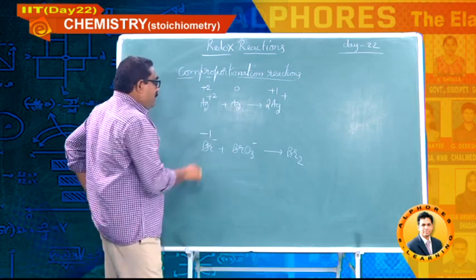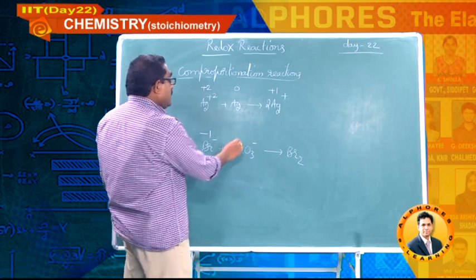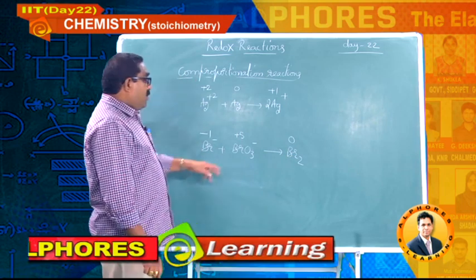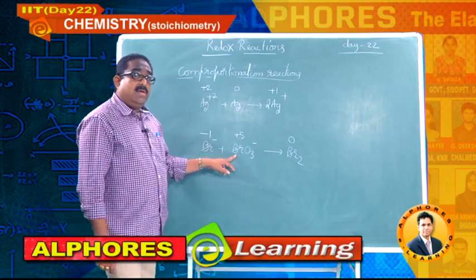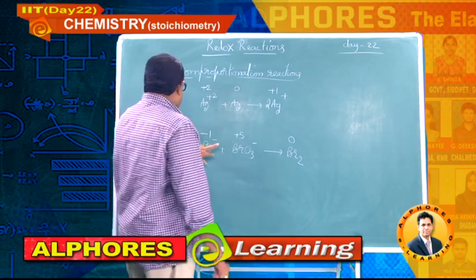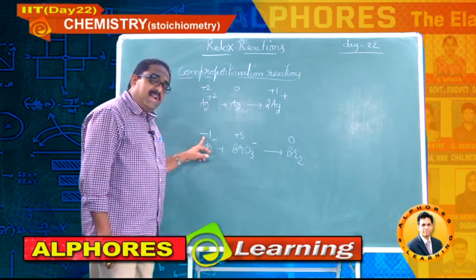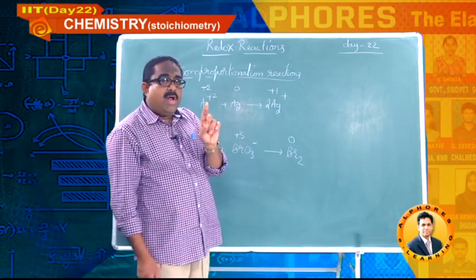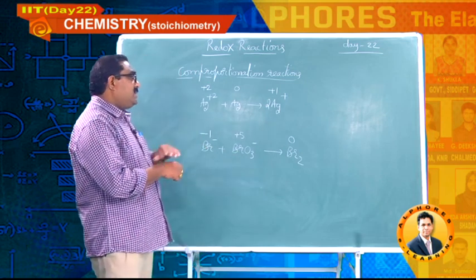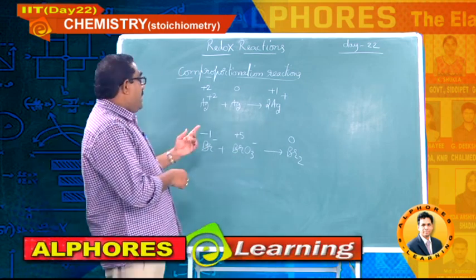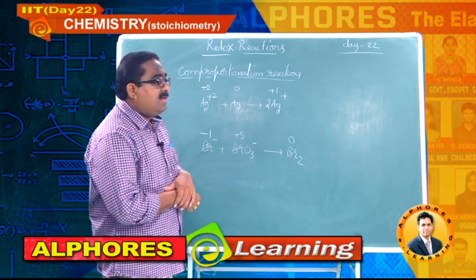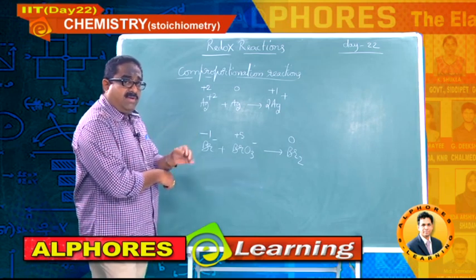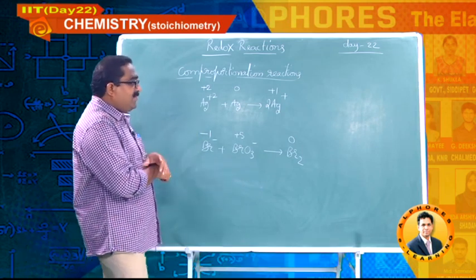If you observe this example, bromide ion -1, bromate ion it is +5, and for bromine it is 0. Here bromine coming from this reactant has +5 oxidation state, bromine coming from this reactant possesses -1 oxidation state. Finally, all the bromine will go in the form of only one product, Br2, where the oxidation state of bromine is 0, intermediate of -1 and +5. So these two can be called comproportionation reactions if you observe carefully.